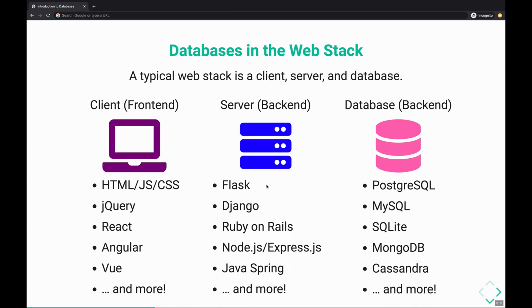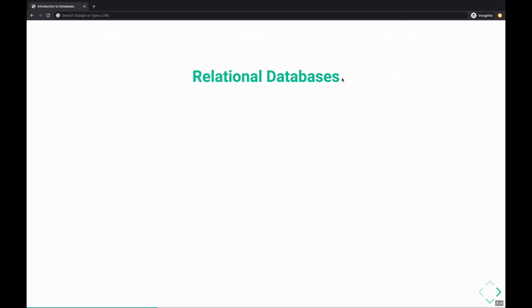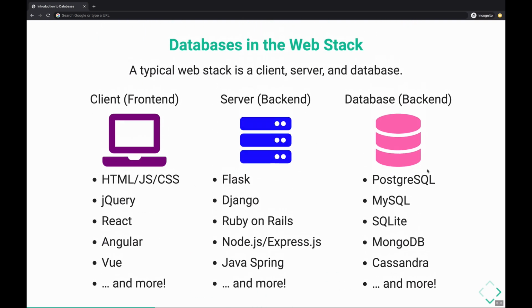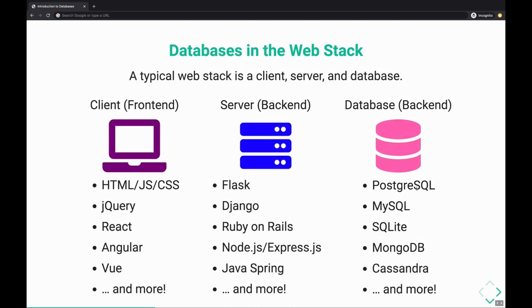Alrighty, so we've established there are lots of different databases out there, tons and tons. This is a very small subset here. And within this very crowded world of databases, there's generally two types, two divisions between the databases. There is a group called relational databases, and then a group generally referred to as NoSQL or non-SQL databases. So this is an important distinction. We're going to be learning Postgres, which is a relational database.